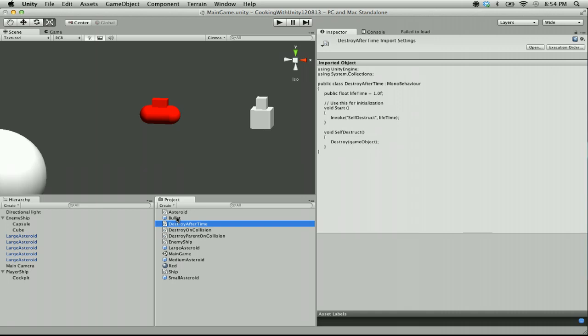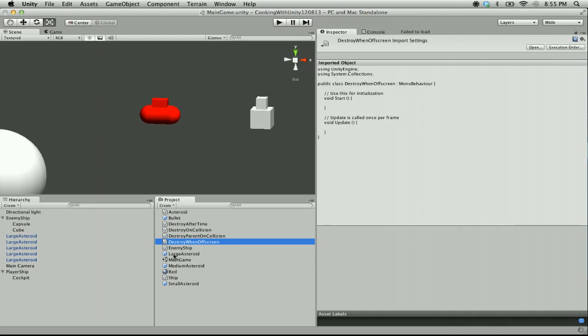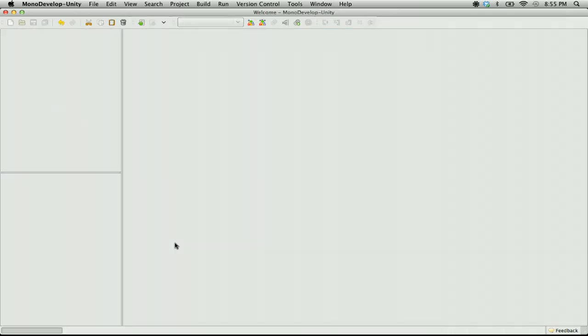Off-screen destroy. Actually, easiest way here. I'm going to do it real quick just because it's super simple. Destroy on invisible. Actually, let's do destroy when off-screen. I was giving away the secret before I even said it. So,